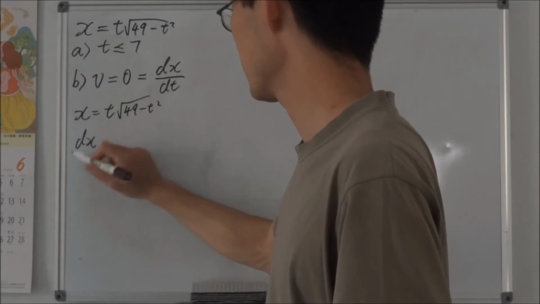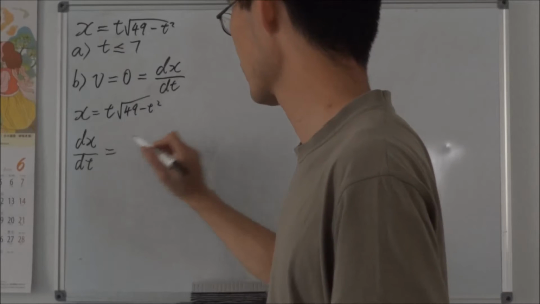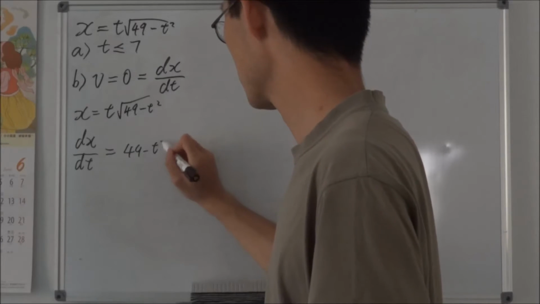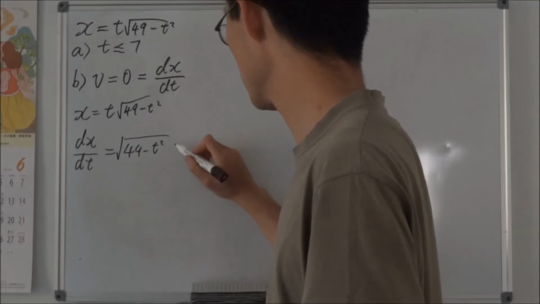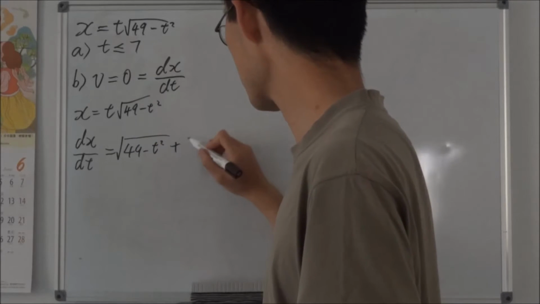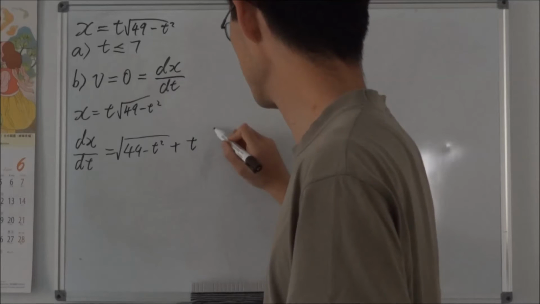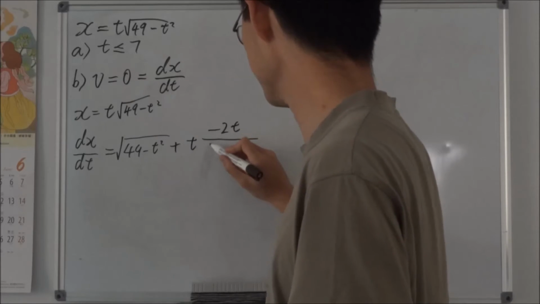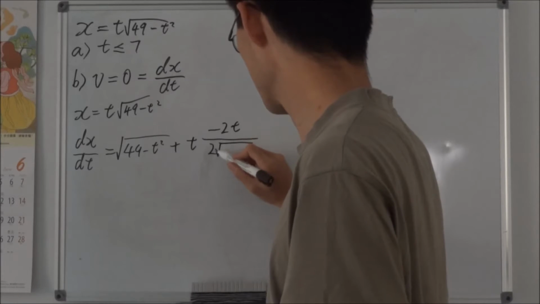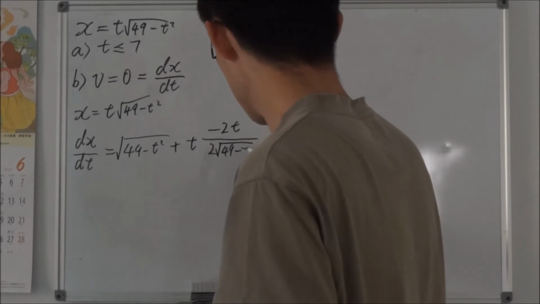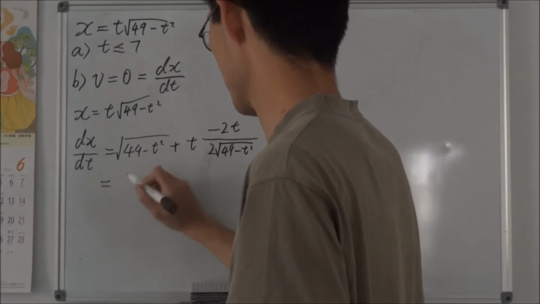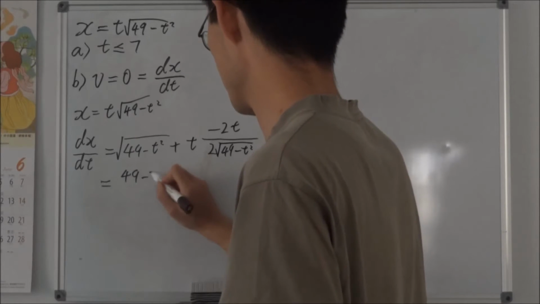So dx over dt equals the square root of 49 minus t squared